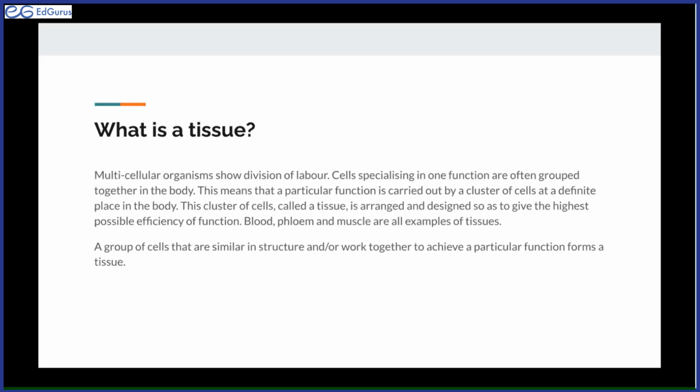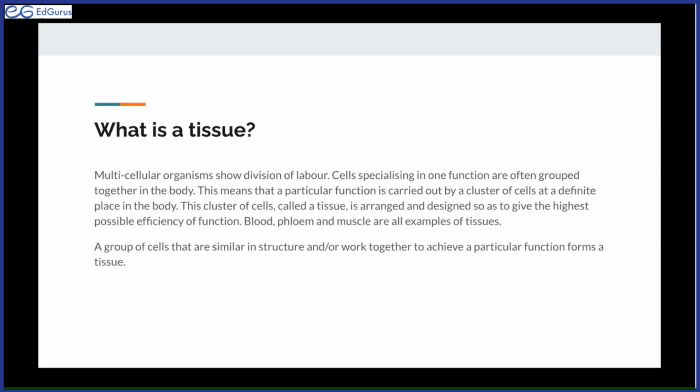So in organisms, there is a division of labor. Meaning, in our bodies, there are many different functions being performed. Like the heart is pumping blood, the bones are moving, the muscles are moving. There is a division of labor across many different parts of the body. In order to make this efficient, in order to perform this division of labor, we have tissues, so that different tissues can perform different functions.